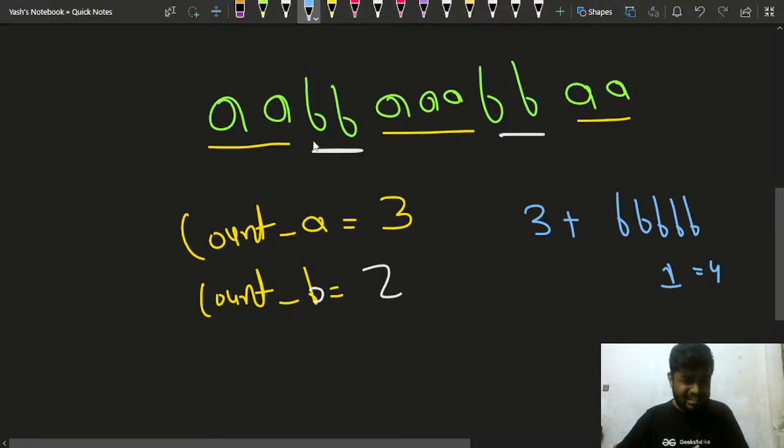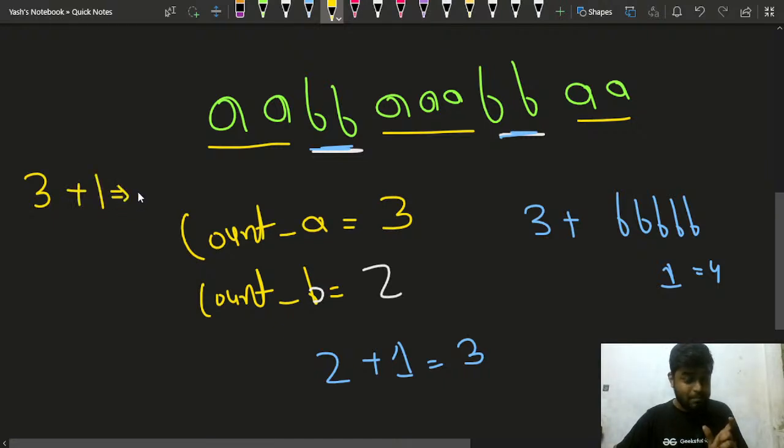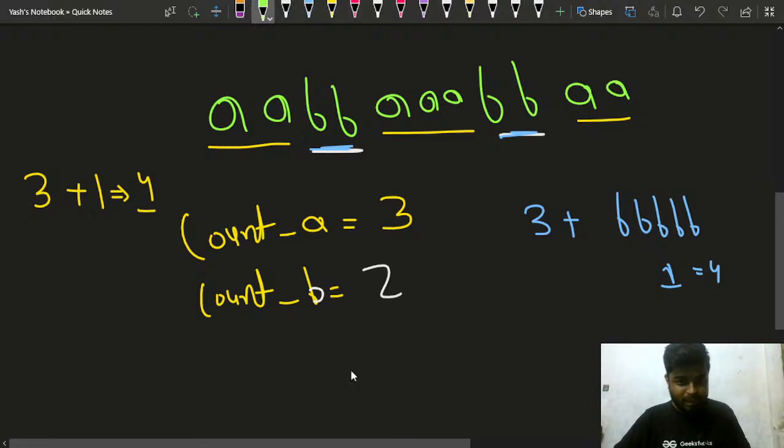If you remove this B and this B, then a total of two steps will be taken, then all the A's will get together, so for that one more step, so the total number of steps will be three. But if you removed A first, then all the B's come together, then you remove B in one step, so total steps will be four. So which is more optimal? For the final answer in this case, I'll remove the minimum, right?